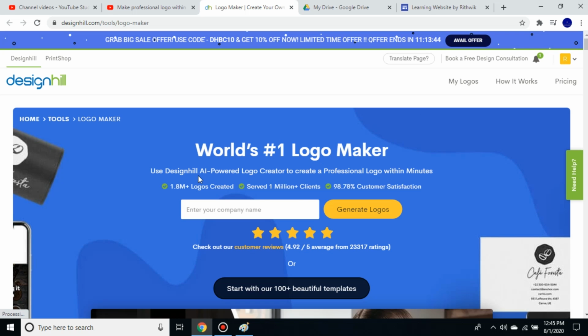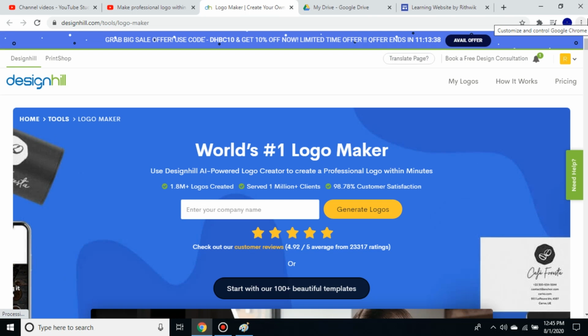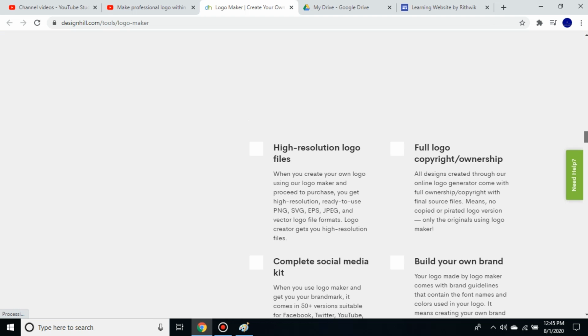When you sign up or log in, this would not come, because when I opened the link first, this came, but after I signed in, a new page came.